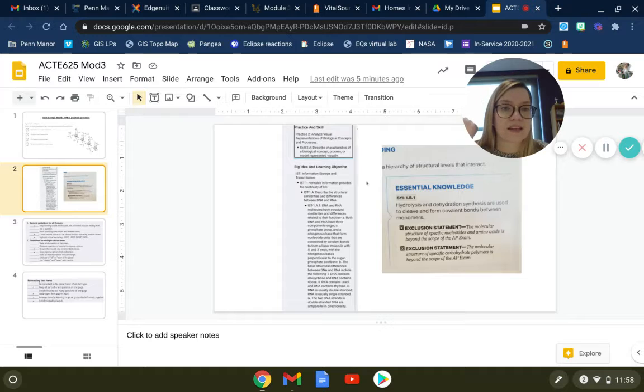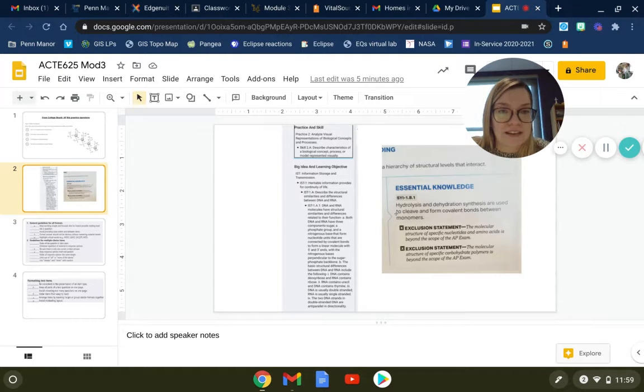have the big ideas and the learning objectives that go with each question, which seems like a good idea, but it would be a good idea if they used it. Over here, it talks about the similarities and differences between DNA and RNA that students are expected to know, that is listed here. And in a different section, which is the essential knowledge section, it explains the relationship that